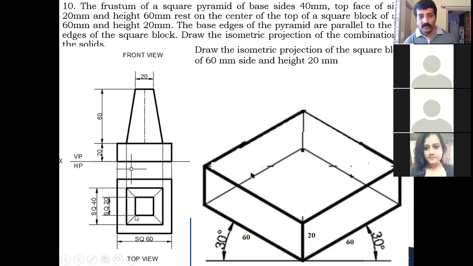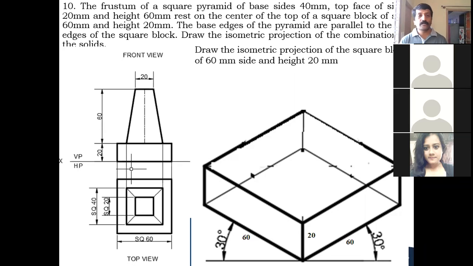Whatever inner square you get after drawing these vertical and horizontal lines, you will get a smaller square, that is 20 millimeter on this side. After that, those slant edges will look like slant lines. So you need to join corner to corner for your frustum of a square pyramid. So this completes your top view.